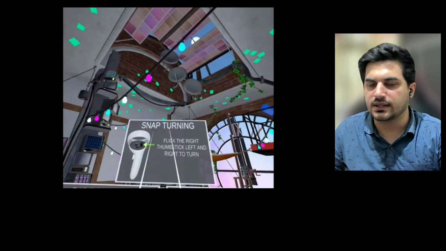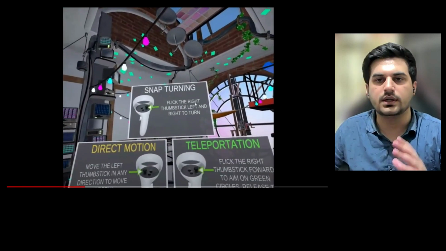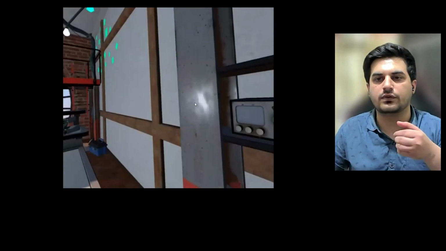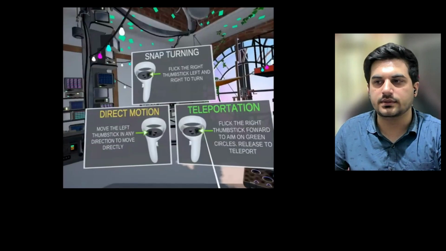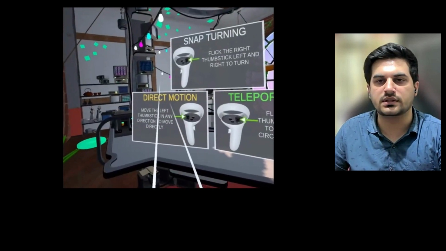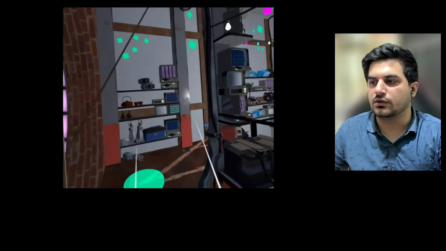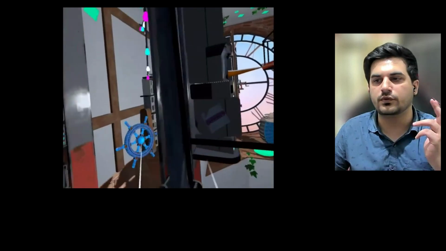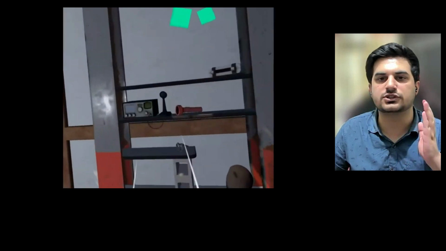Snap turning is basically turning around left or right without rotating your head in real space. Using just a flick of a button on your controller, you can turn left and right. Next is direct motion. By pointing in a direction and using your thumbstick, you can directly move from point A to point B. In this, you can notice you are moving continuously in the direction you are facing.